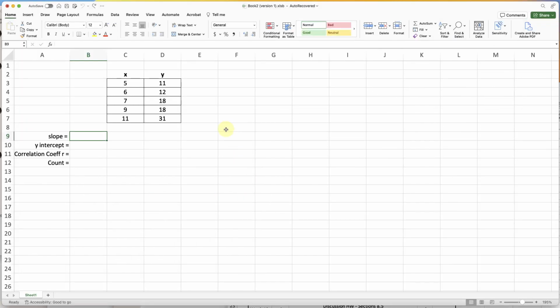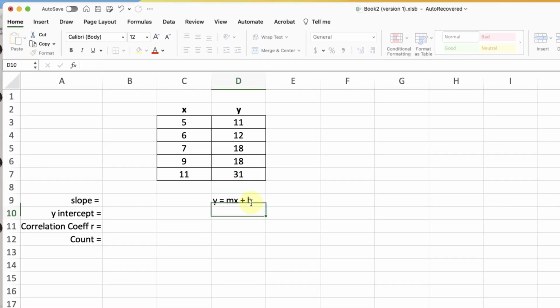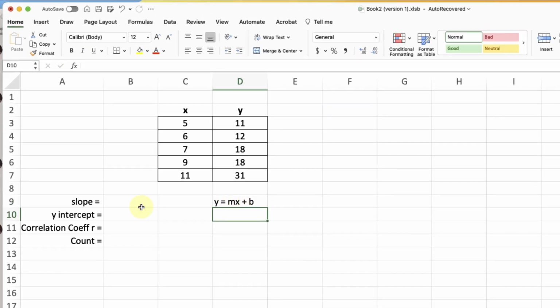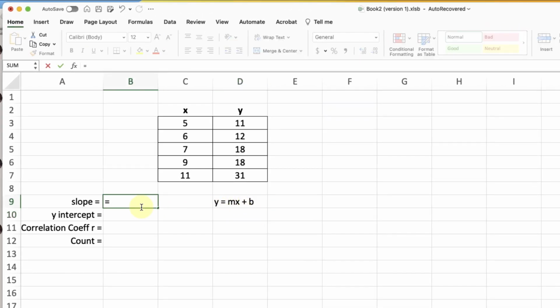Okay, let's find the line of best fit. Paste your data into Excel. You have two columns here. And the first thing we're going to do is just find the slope and y-intercept. Because for a line, you have y equals mx plus b, and we want to know what the slope and intercept are. So equals, and just type slope,